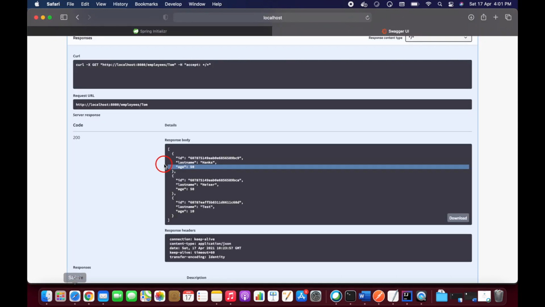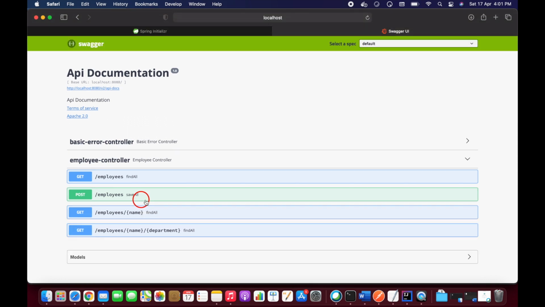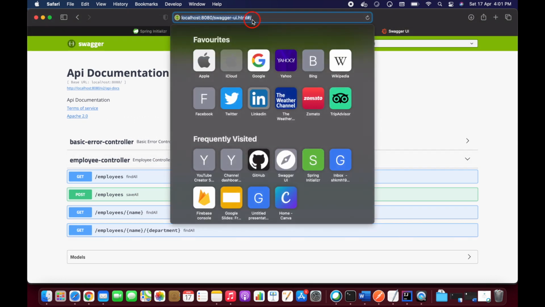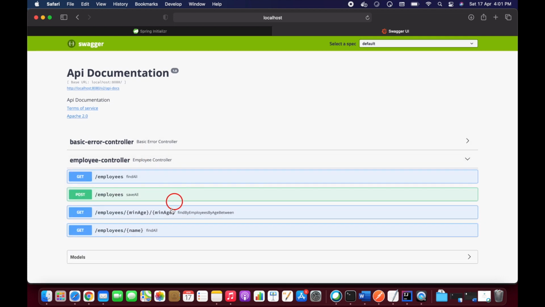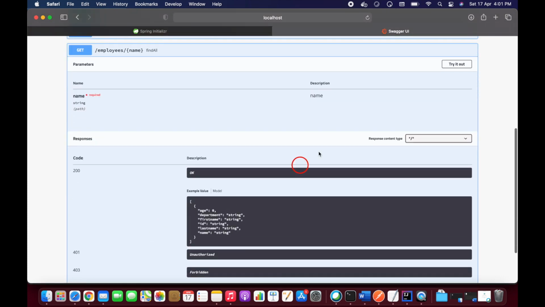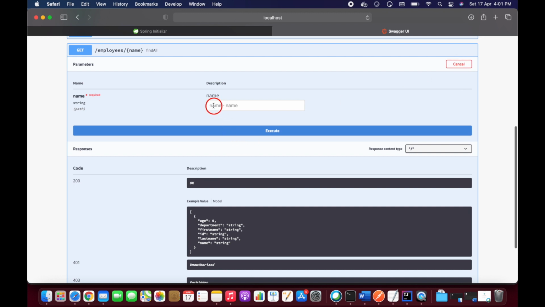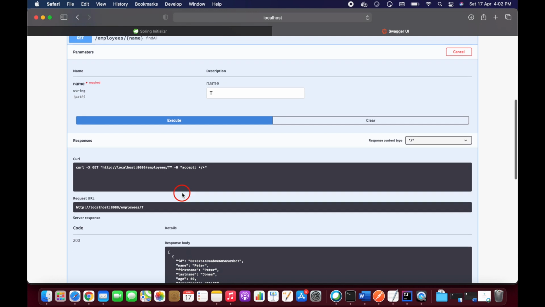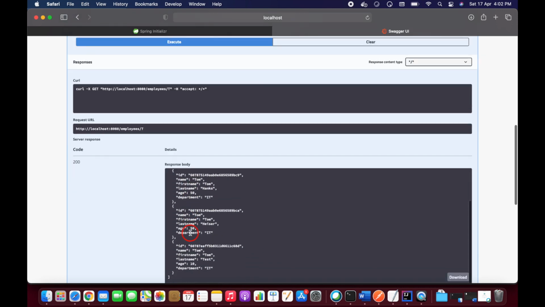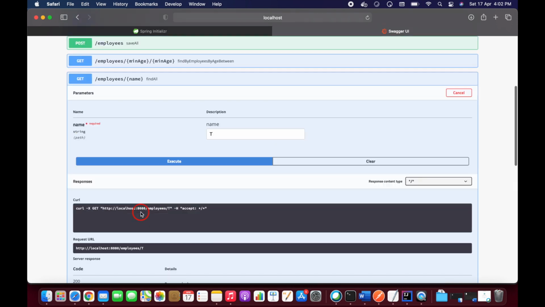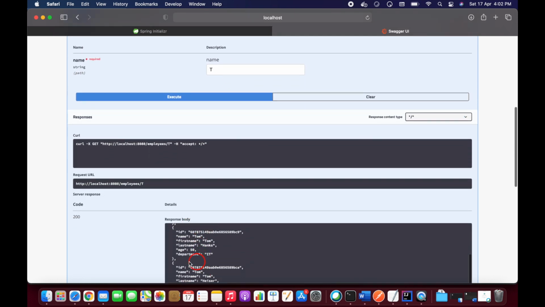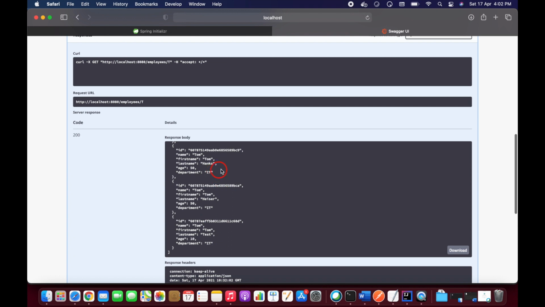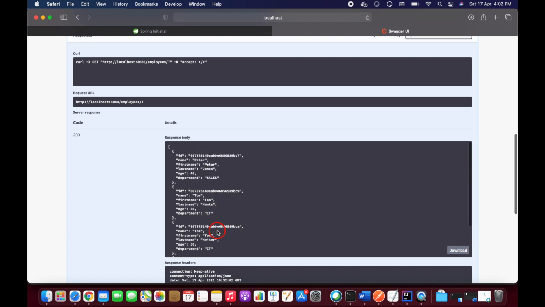It started, guys, and let's see employees. Let's execute the Swagger URL. Let's open employee controller. So here, find by name. I just added the regular expression, right? So let's add some value here. T. See here, I have added a capital T, which is going to start with name capital T. So it's just showing. Okay.